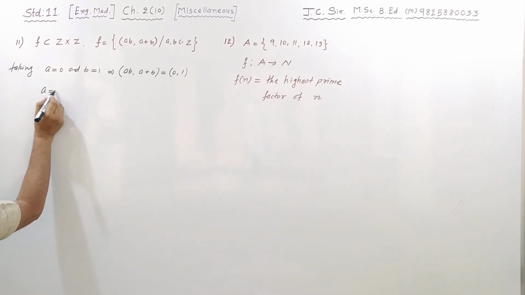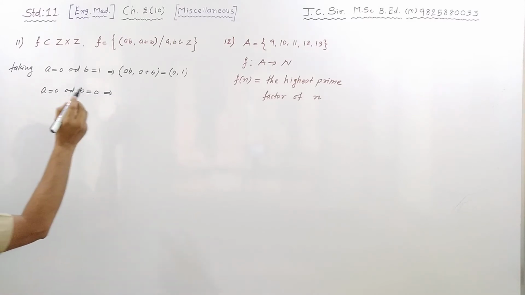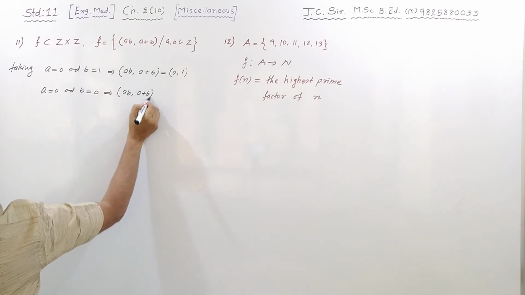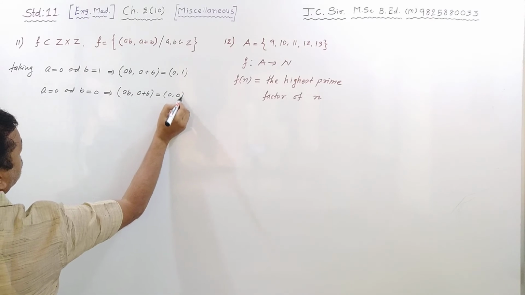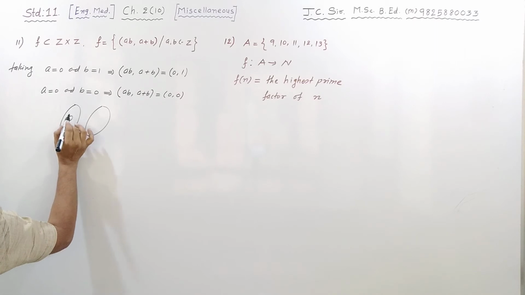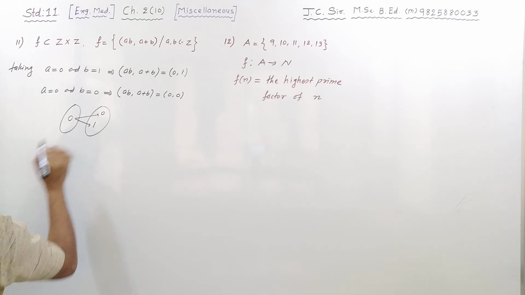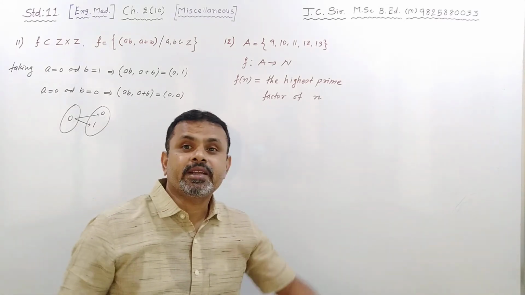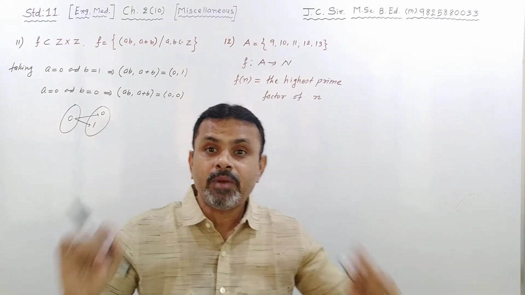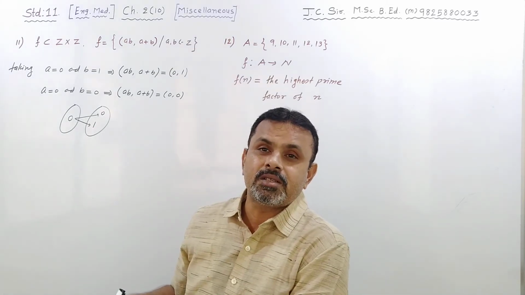For A equal to 0 and B equal to 0, that implies the ordered pair (A, A plus B) will be (0, 0). What does it mean? It shows that the element 0 of the domain has 2 images, 0 and 1, which is a contradiction. It shows that it is not a function, because whenever an element of the domain has either more than one image or less than one image, it cannot be